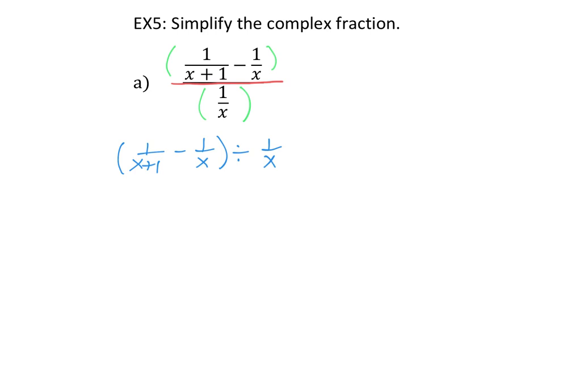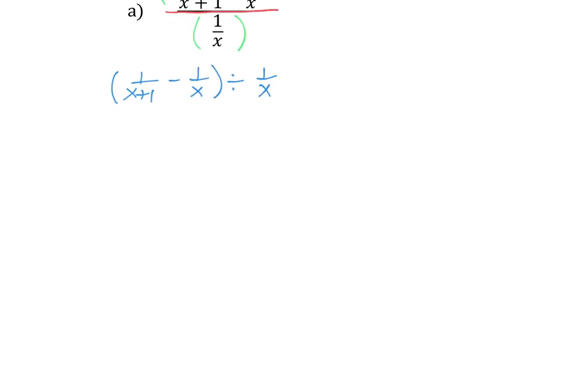So you have some choices. You can change it to multiplication and flip the 1 over x to x over 1. Or you can work within the parentheses and combine those two fractions first. I tend to avoid working with fractions as much as possible, so I'm going to avoid that by doing multiplication and flip and seeing what it looks like. Here I could distribute that x and get rid of the parentheses. If I multiply the first term by x, that becomes x over x plus 1